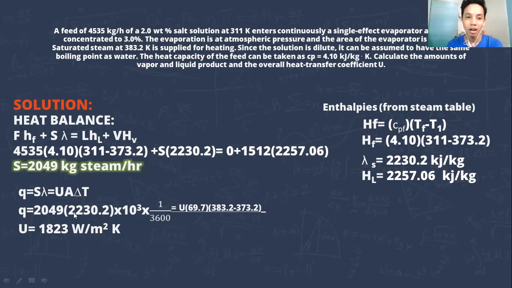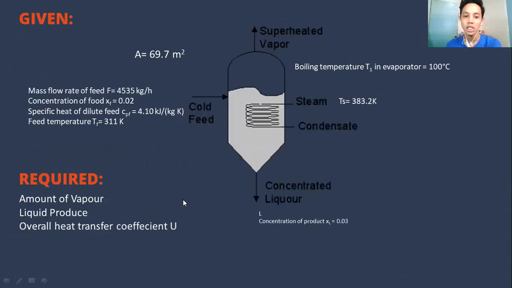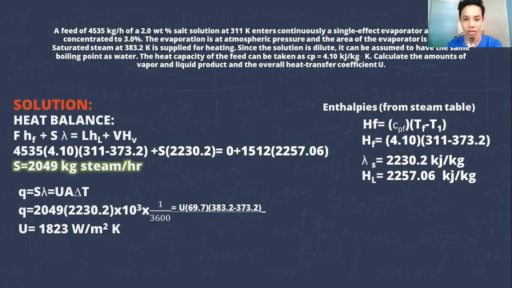And this mass flow rate, which is in kilograms per hour, we need to convert into seconds. So there are 3,600 seconds in 1 hour. So 2049 times 2,230.2 times 10 to the power of 3 times 1 over 3,600 seconds is equal to the unknown, the overall heat transfer coefficient U, times the 69.7, which is the area of the evaporator, times the change of T,